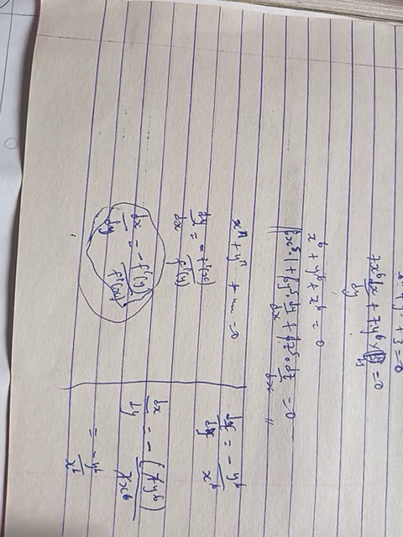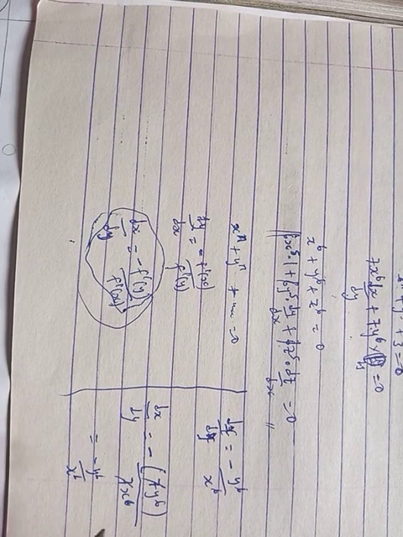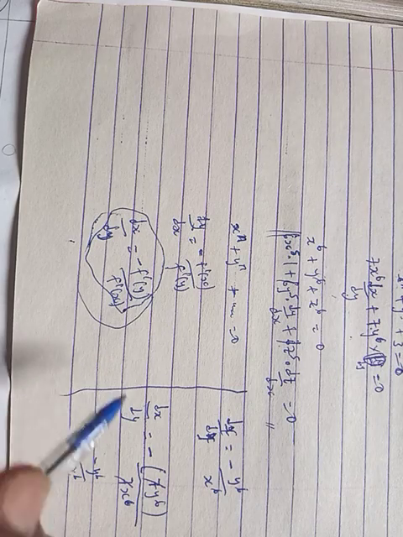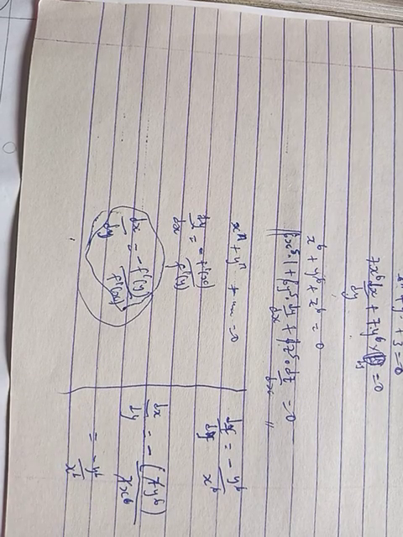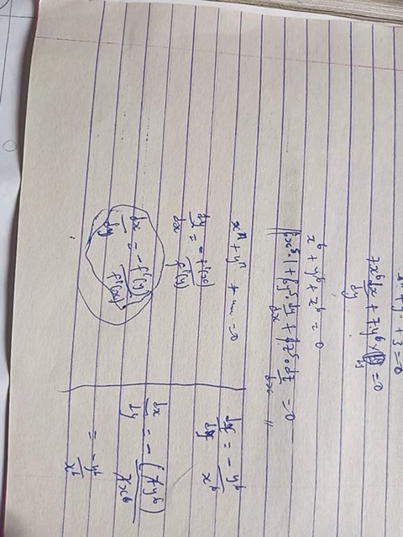Then you can find the dy over dx. And guys, you don't need to go through that same procedure. What you need to do is take the reciprocal of the dx over dy and you will get the dy over dx. Simply as that. All these tricks, we will look at them when we are doing